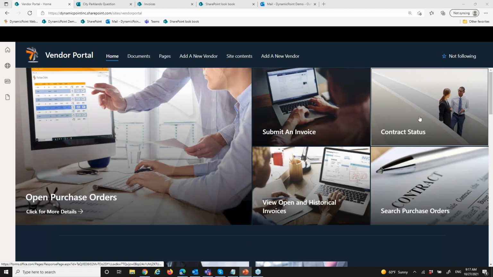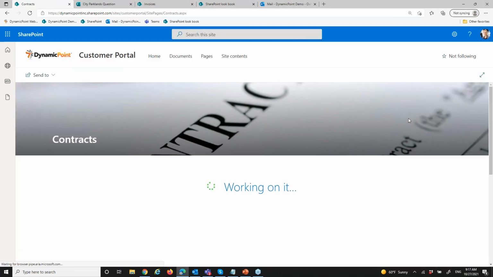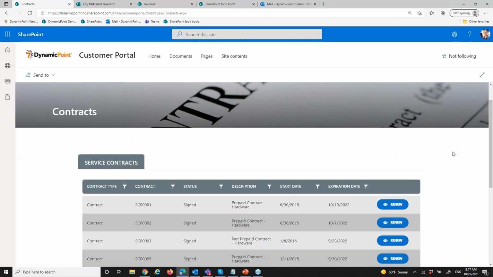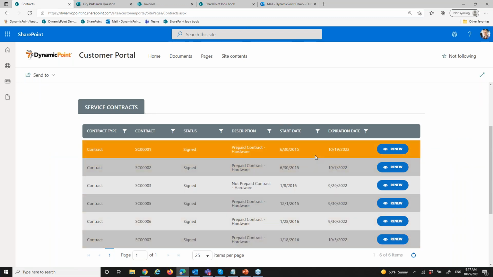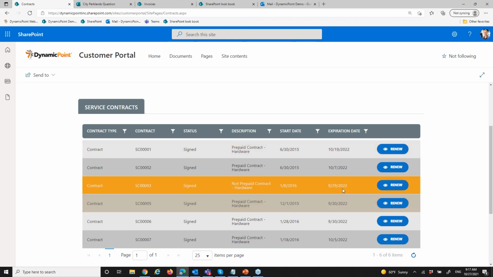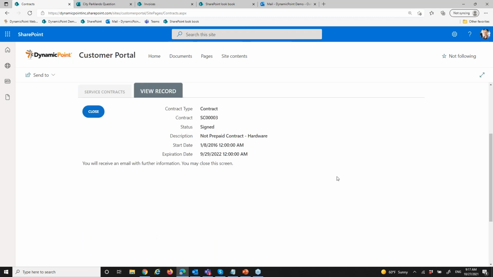As you can see here, I have a simple icon called contract status. If I click on this, it's going to pull back all of the contracts that I have with the vendor, and I could highlight expiration dates. Obviously here I'm looking at these more proactively, but of course I could have sent them an email or something like that specifying that one is about to expire. So let's pick on one of these down here and say that I want to renew it. I have a start date, I have an expiration date,